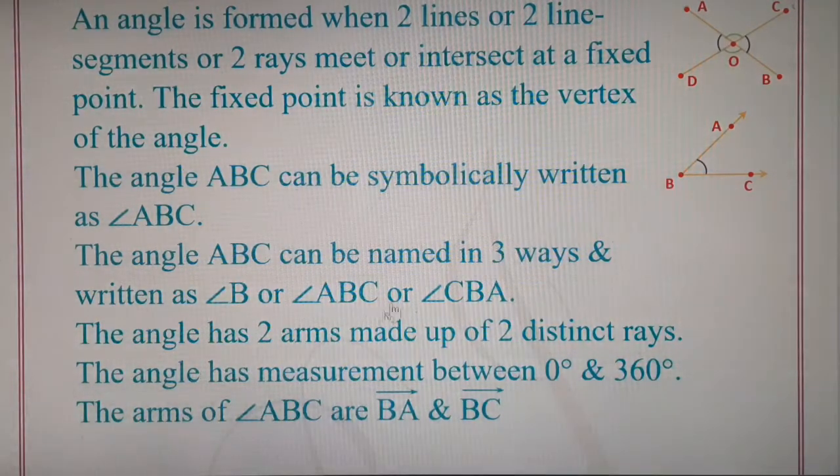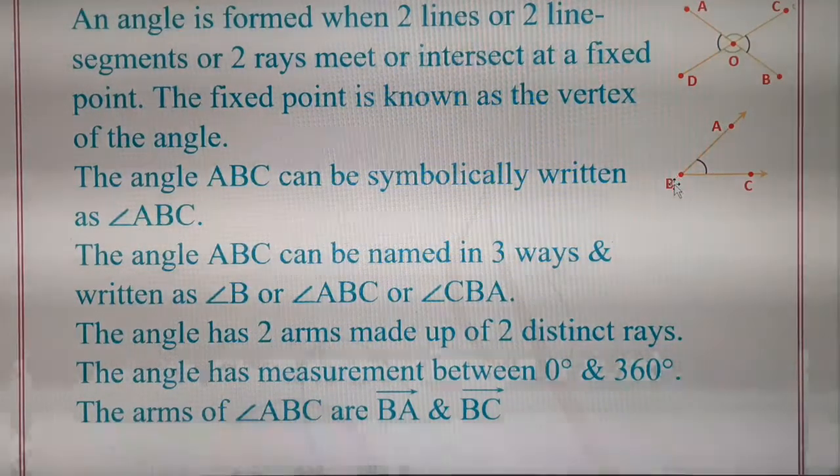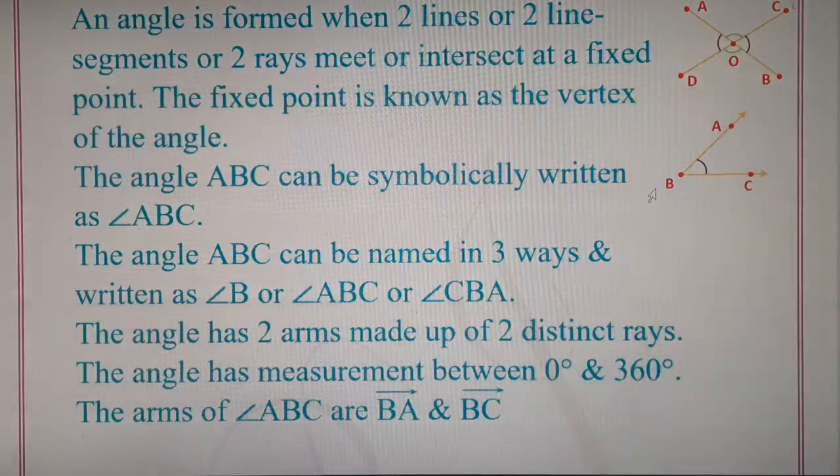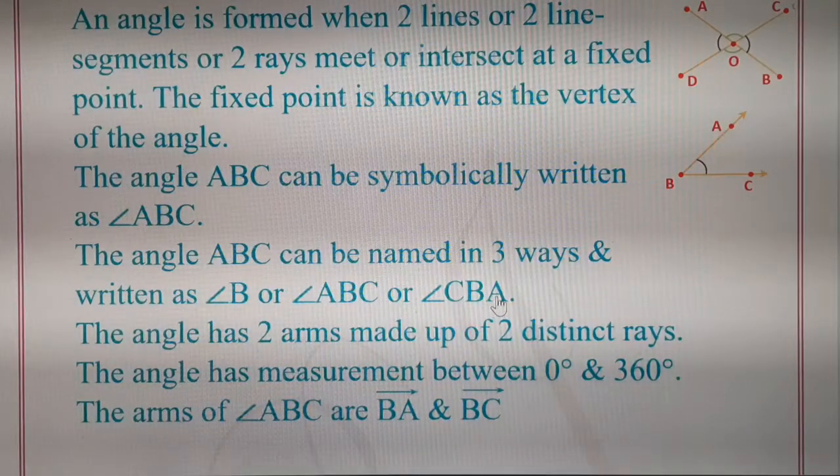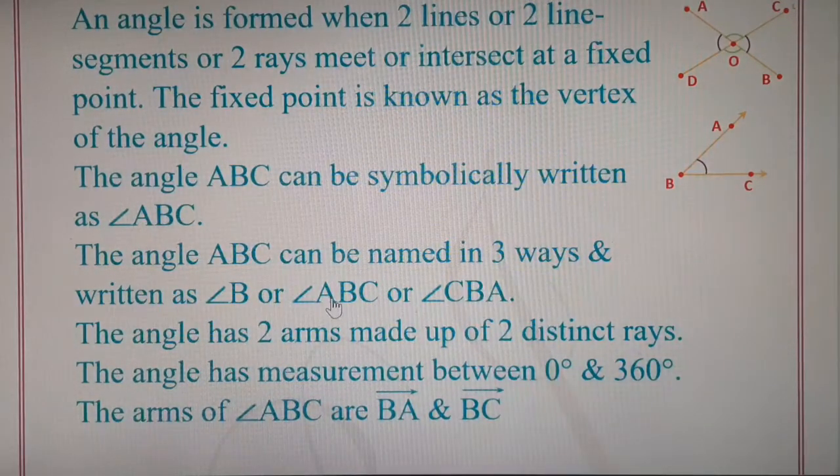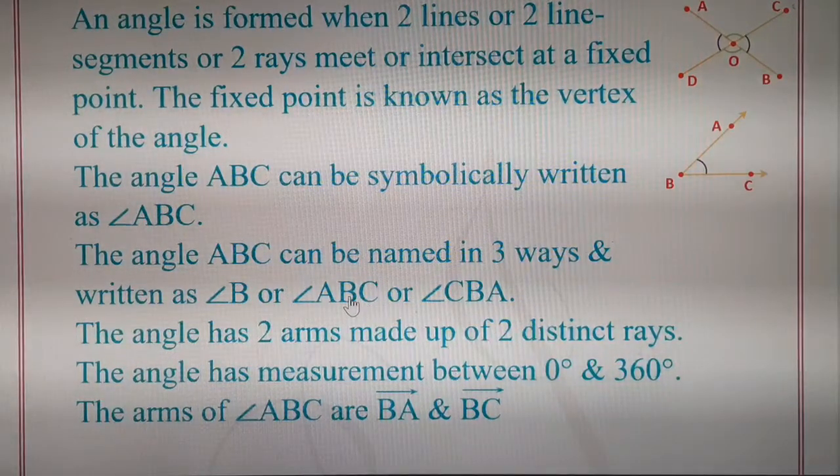While naming the angle, we can name the angle in the normal order or in the reverse order, but children, we have to remember to keep the vertex of the angle as the middle alphabet. Here, angle ABC has the vertex B. So while naming the angle, the alphabet B should be kept in the middle. So this angle can be named as angle ABC or angle CBA.